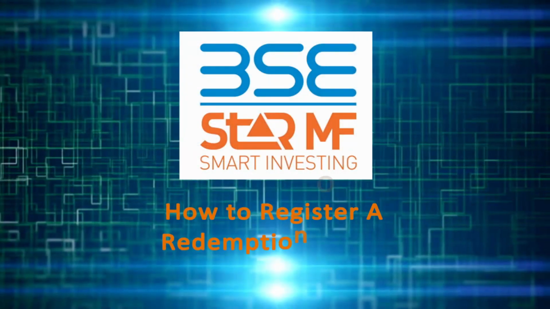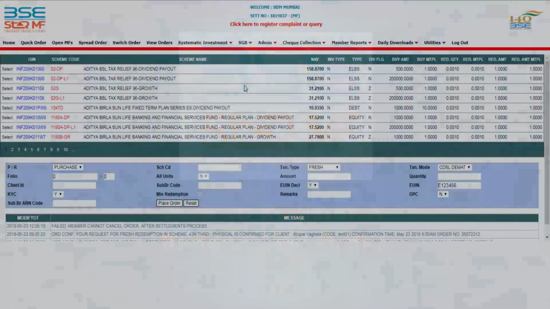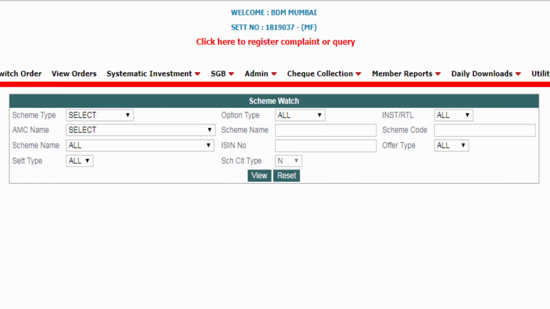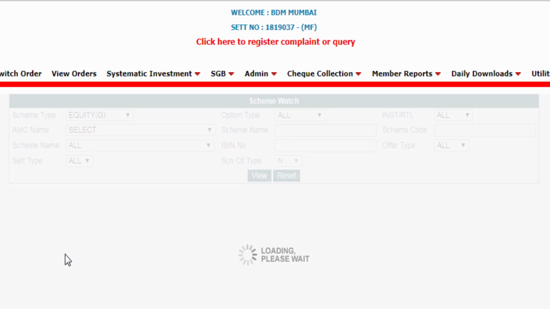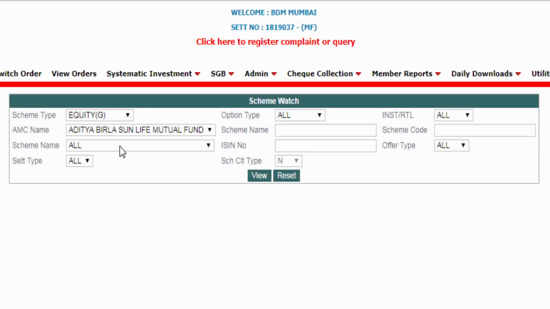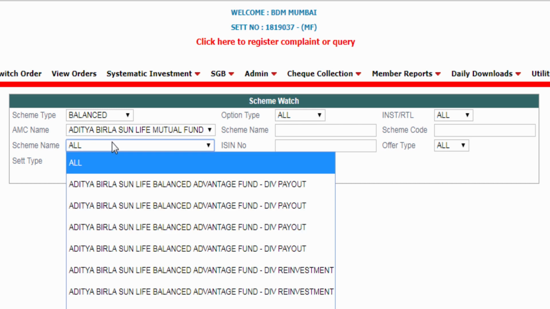Now let's see how we can place a redemption order on the StarMF platform. To place a redemption order, you need to go to the OpenMF tab. Here select the scheme type, next select the AMC name, and then